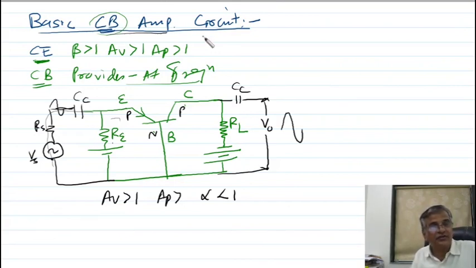So this is called the basic circuit of a common base amplifier. What things are required? I told you the basic components. This is the bias resistor, to keep the circuit at the middle point of the load line. This is called the load resistor, across which output voltage is developed. This is your coupling capacitor, which blocks the DC and allows only AC. This is also a coupling capacitor. So these are the basic components required.